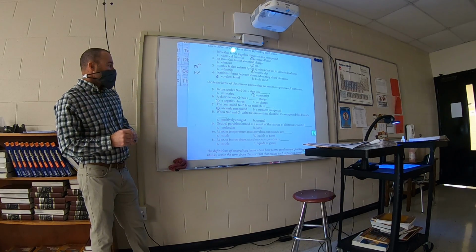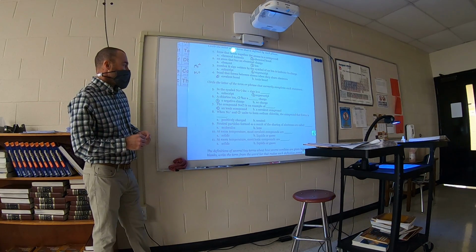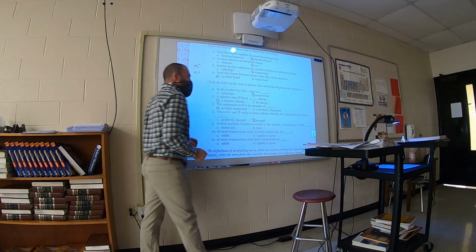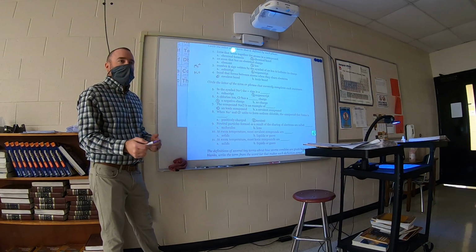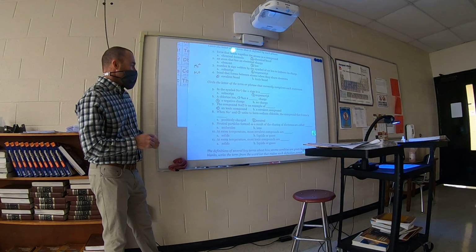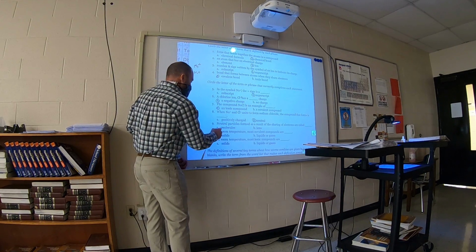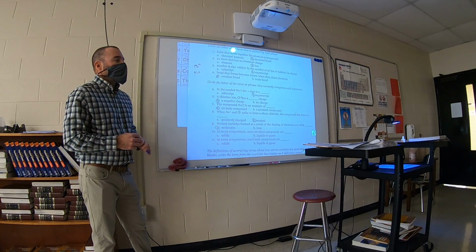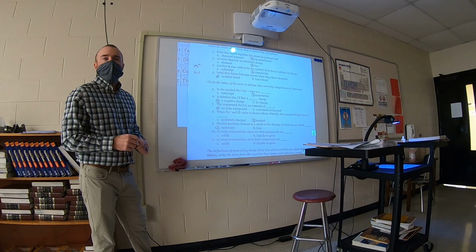Number 8, when Na plus and Cl minus unite to form sodium chloride, the compound that forms is neutral. You've got a plus 1 and a minus 1 coming together to form a charge of 0. Neutral particles formed as a result of the sharing of electrons are called molecules. So anything that's covalently bonded is called a molecule. I usually call anything that's ionically bonded